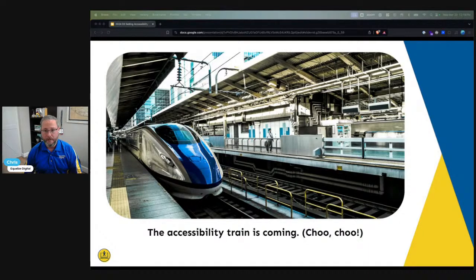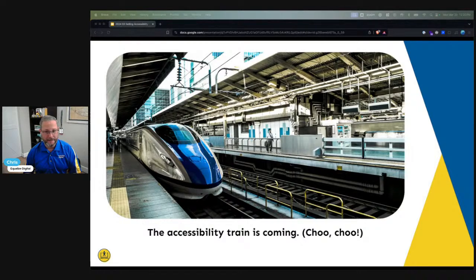And in my own sales conversations and in conversations with multiple agencies, we're really starting to see, or hear about, an increase in even small business owners starting to ask about accessibility. Maybe they had friends who got a letter, or maybe they got a letter themselves, or they read an article about a high profile lawsuit, and they're starting to list this as a project requirement. And so this is what the accessibility train is.